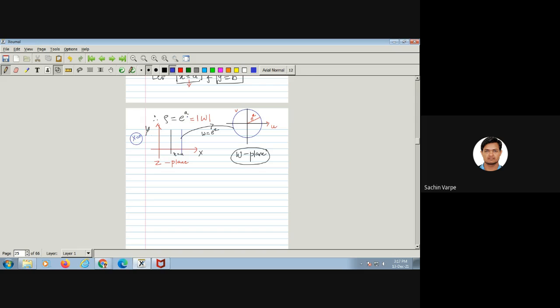So rho equal to 1 means that is a standard unit circle with radius 1. Is this clear? So x equal to 0 means the whole y-axis. See, the y-axis is infinite, and the whole y-axis is getting mapped to a bounded circle with radius 1. Can you imagine this? Can you imagine that the whole line, the whole y-axis, is getting mapped to a circle? In fact, the unit circle.